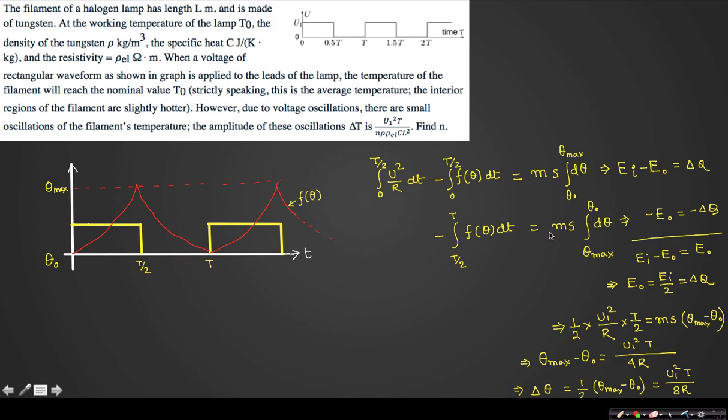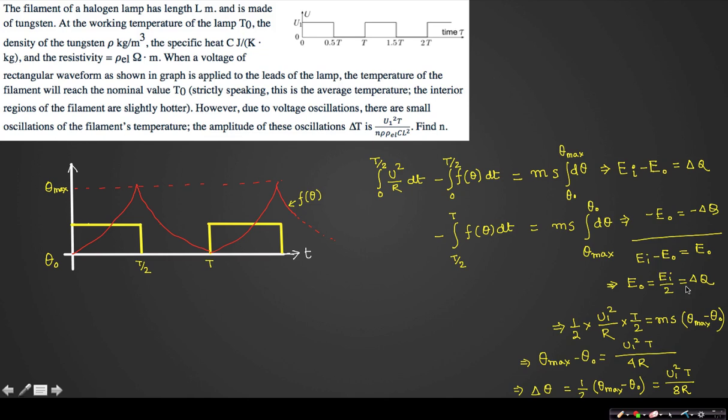right? So that is why the second equation I can rewrite as minus E naught equal to minus delta Q. If this is delta Q from theta naught to theta max, when the integral limits are opposite, this should be minus delta Q. If it is clear, then the rest of the question is easy. You can now add these two, and you can see that this is E naught equal to delta Q. So if you put it here, you will find E naught equal to EI by 2, right? And that is equal to delta Q,